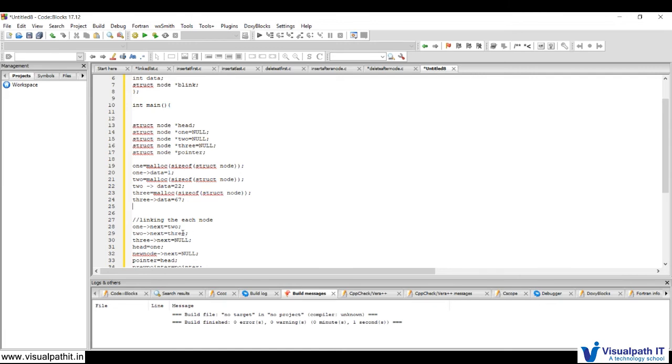How to link each node? One node's next is equal to 2. It is not next here, it is going to be f link. In the same way, f link. And what's the f link of the last one? It's null. Next, f link of 3 is what? Null, because that is the last node. Next, what do I have to do? I have to do the same thing